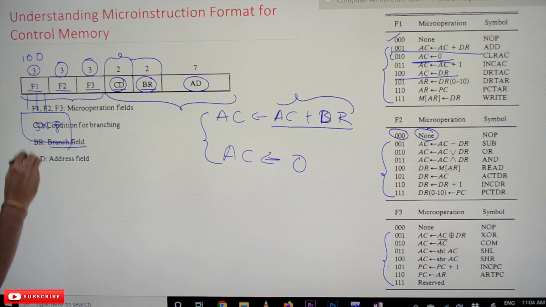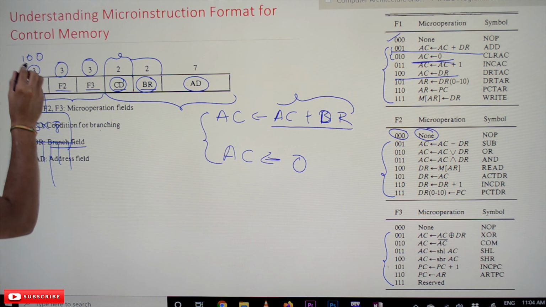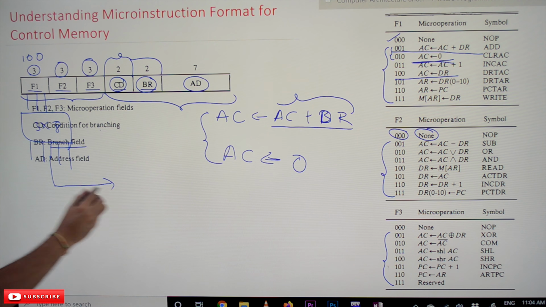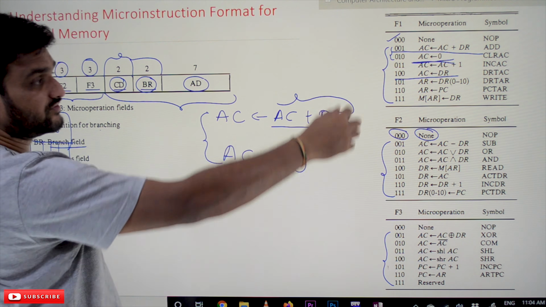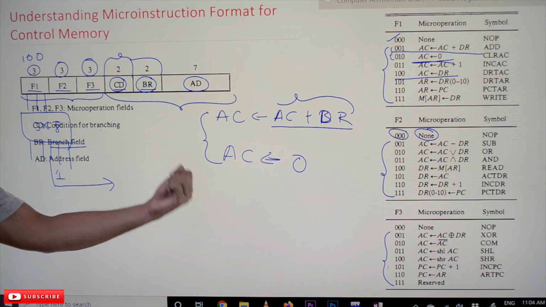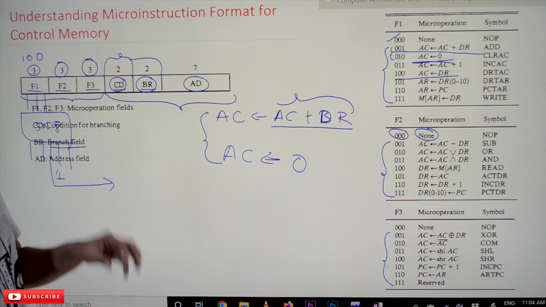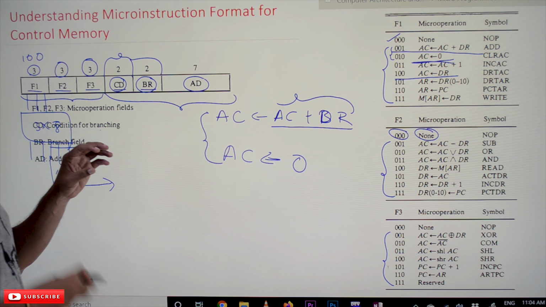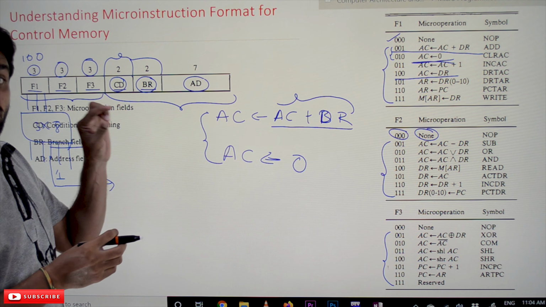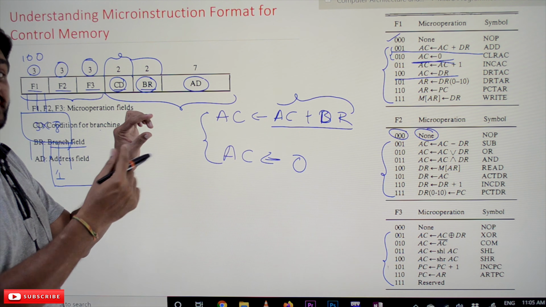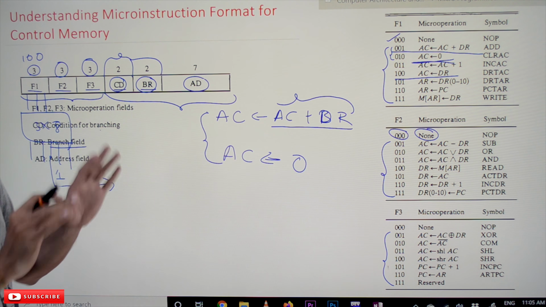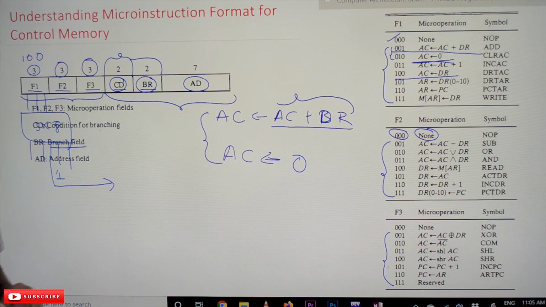So this concept we have already covered. The decoder has 8 outputs, and out of that this 100 output will get activated, and signal 1 is generated here, and all the remaining outputs are zeros. This signal 1 is transferred to the accumulator and also to the data register, so that the value of the data register will pass on to the accumulator. The load input will get activated, and with that the data register value will get stored onto the accumulator.